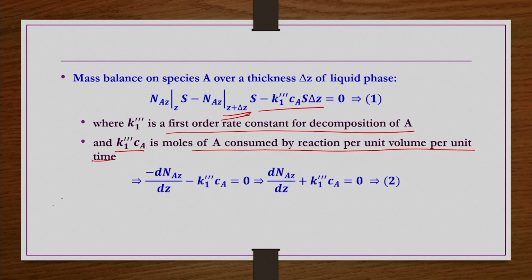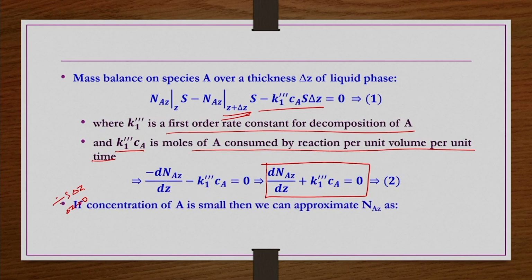Now, dividing by S delta Z and taking the limit as delta Z tends to 0, we get minus d by dz of NaZ minus K1 triple prime Ca equals 0, that is d by dz of NaZ plus K1 triple prime Ca equals 0. This we can solve to get the concentration profile,